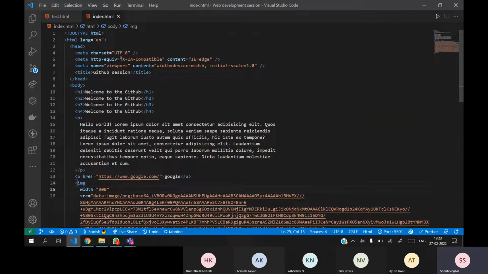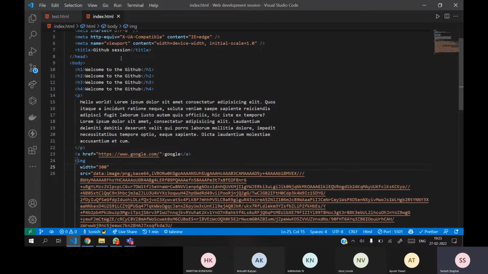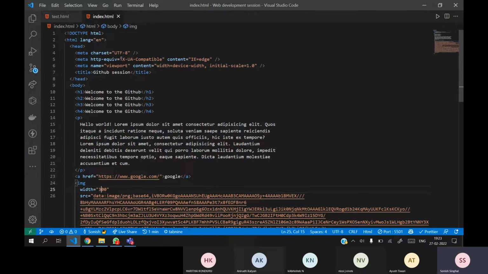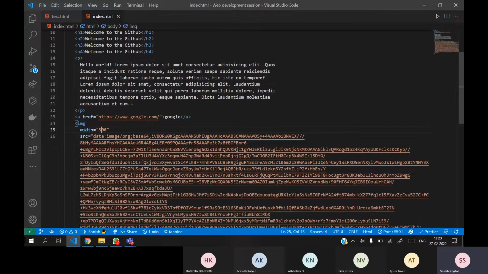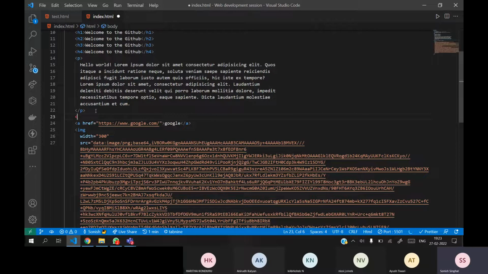So this is basic HTML. In HTML we have different tags, and inside the tags we write the content. You can search for a lot of tags, find them and work accordingly, because we have different tags for different things. We have the table tag, and we can also use a bold tag.